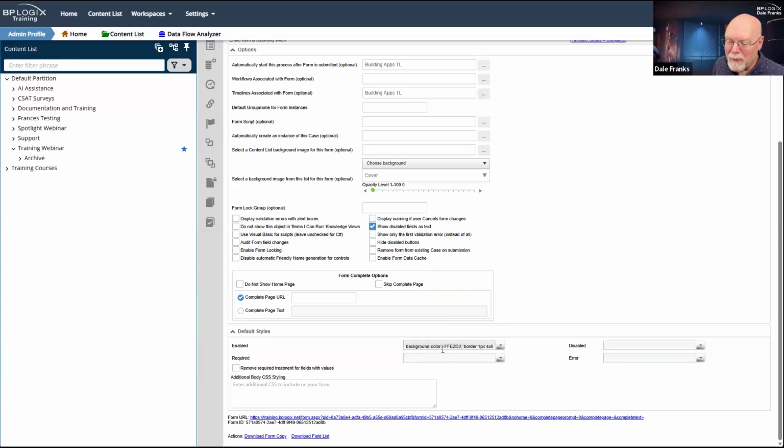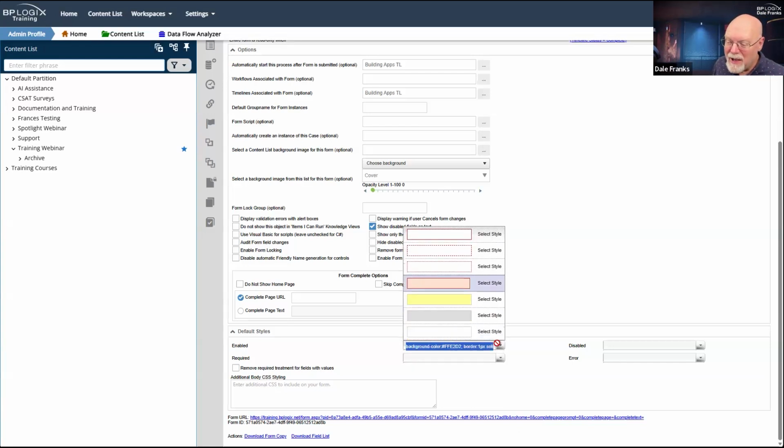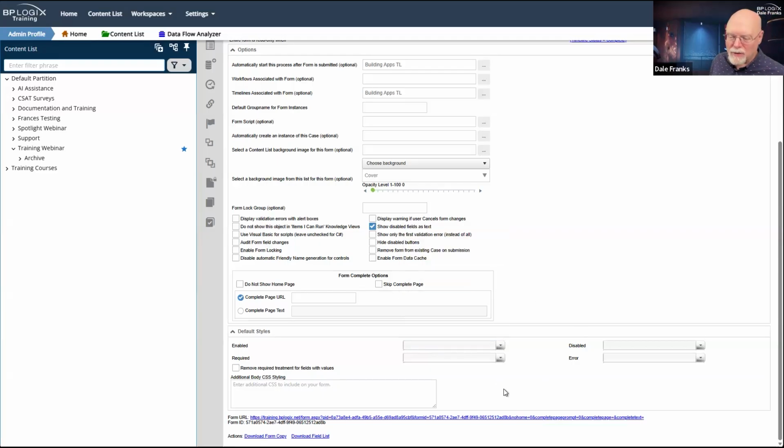For example, the background color is this light red. It's got a solid 1 pixel border. That is that darker red, and we're setting it as important. We're creating some padding. We got several CSS styles that we could drop here. So you can actually just write your own CSS styles there. You're not limited to the selections here. Although, like I said, for the most part, we have those styles built into Process Director. You can kind of ignore those.